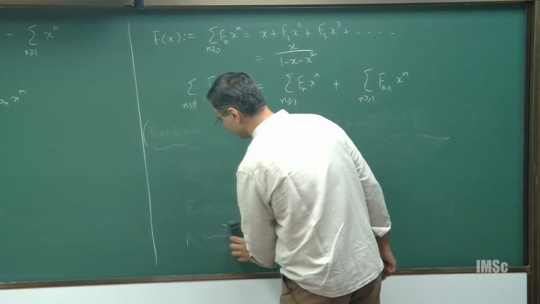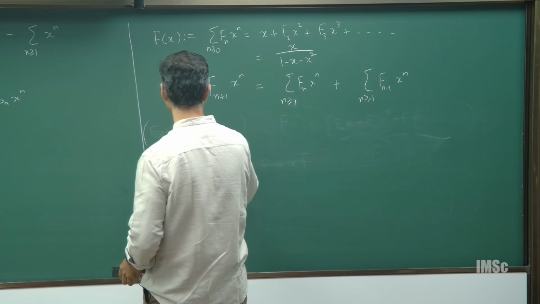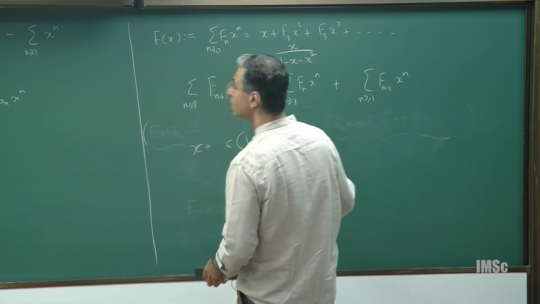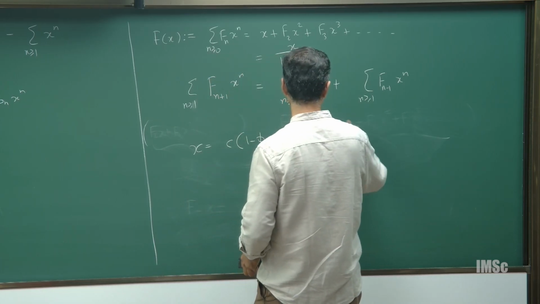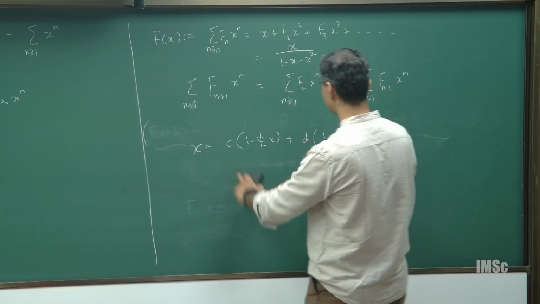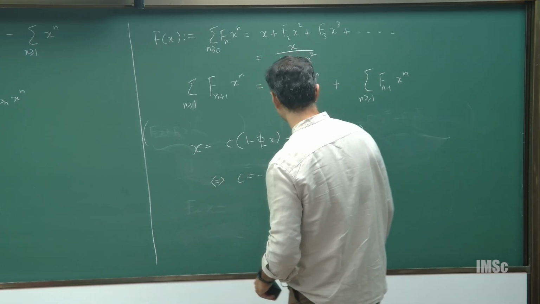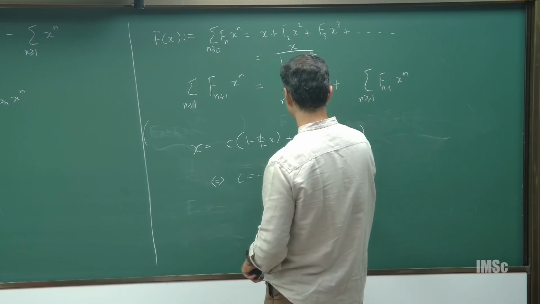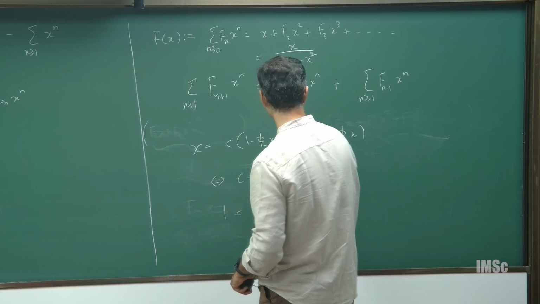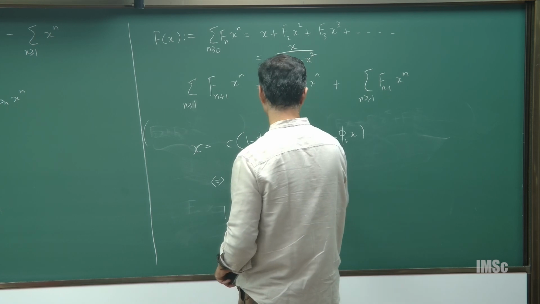We just do that. C times, so x is what? C times 1 minus phi minus x plus d times 1 minus phi plus x. Since there is no constant term here, C should be equal to minus d. So, C is equal to minus d, and 1 is equal to d times what, phi